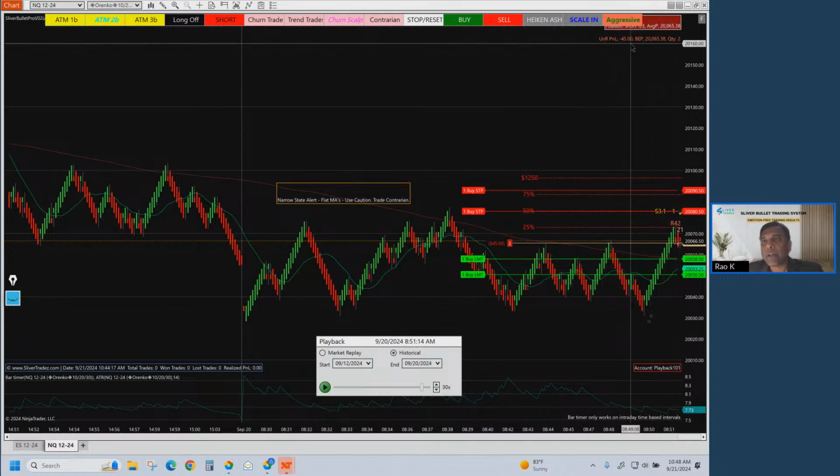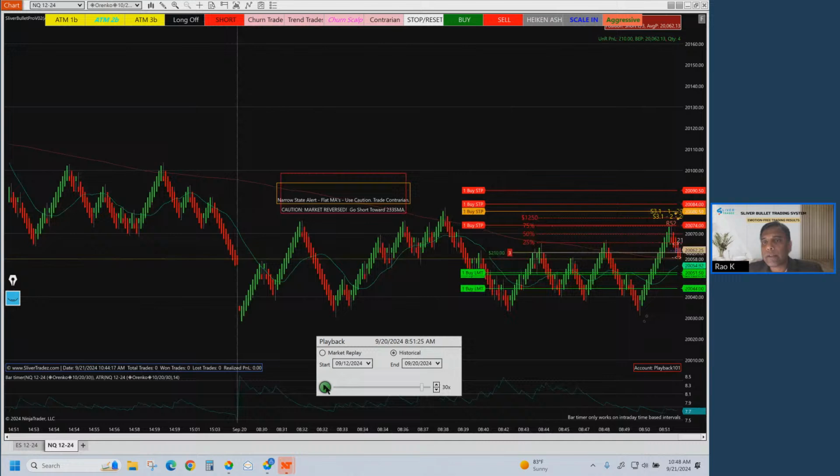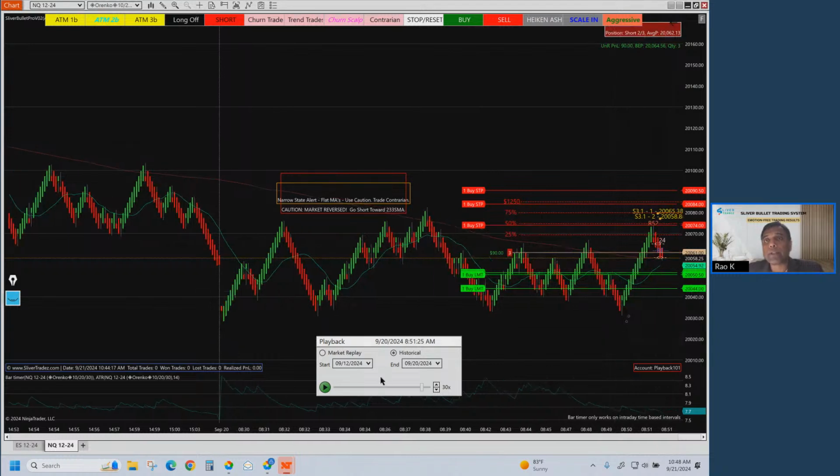Unrealized profit is negative $45. Quantity is 2, and realized PNL is 0. This is because it's the first trade. Total trades are 0 so far. All that information, real-time monitoring, you get to see here. Order filled. So one more scale-in happened, and even when you are profiting, it could scale in and give you a higher profit, because if you are going in the right direction, you should make the most out of it. So Target filled.